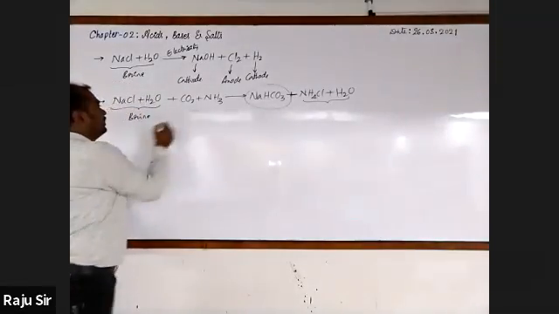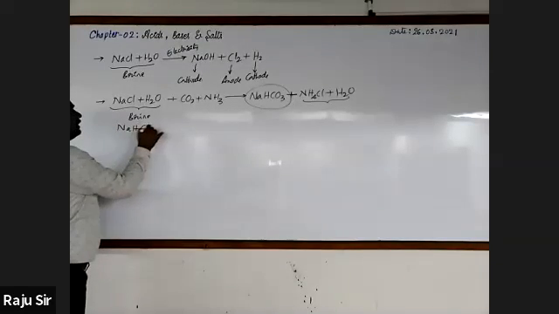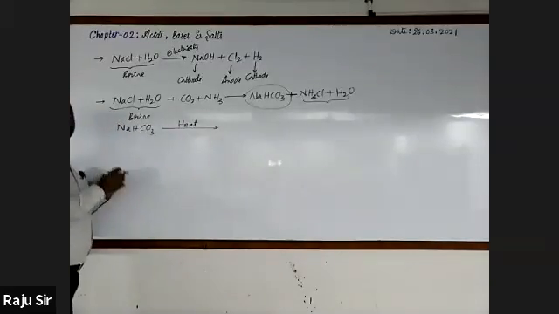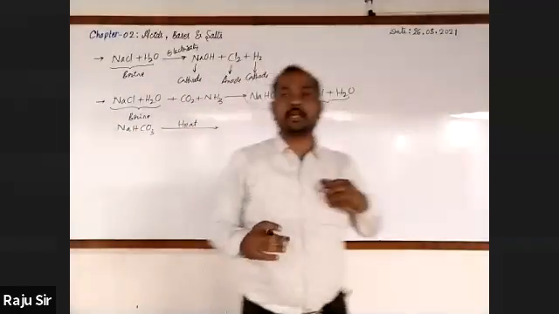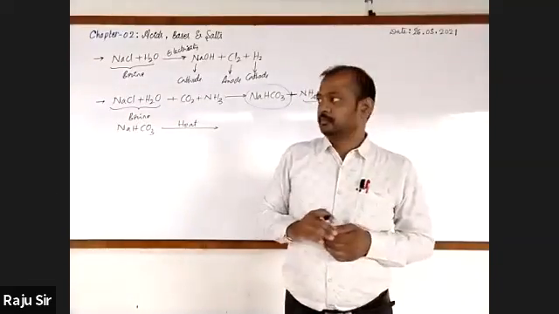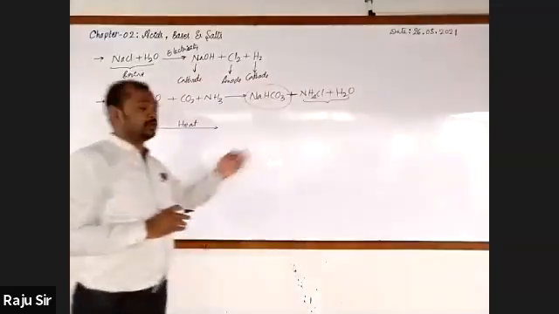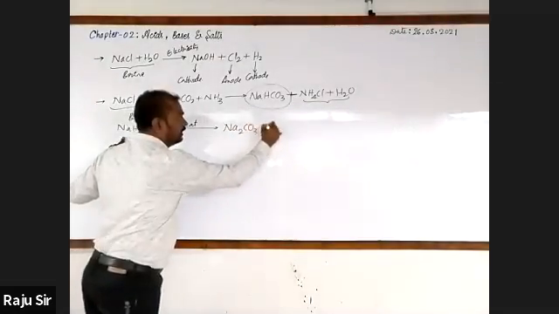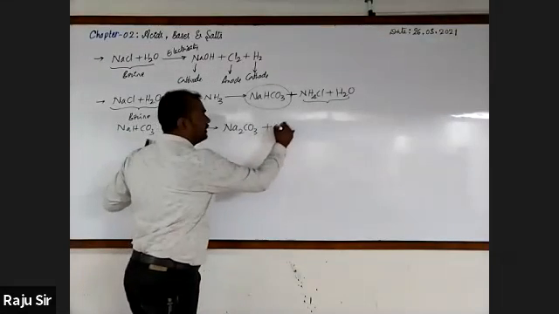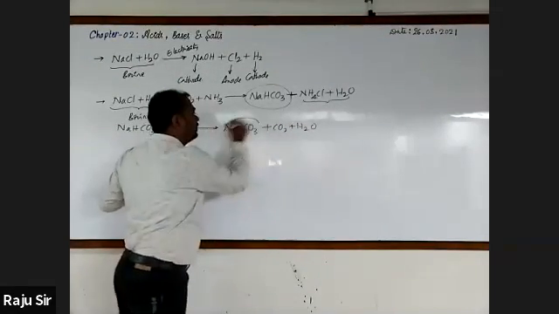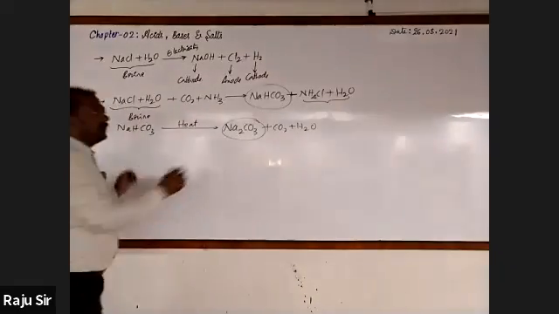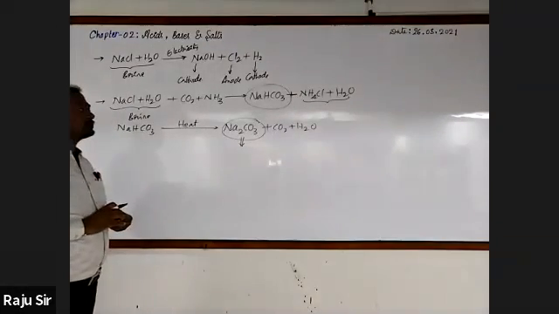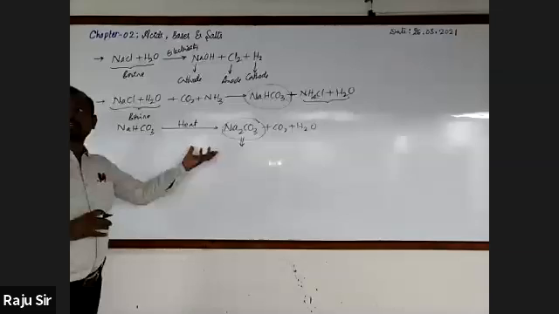After drying, the sodium bicarbonate is heated. What happens when sodium bicarbonate is heated? It undergoes a thermal decomposition reaction to produce the compounds called sodium carbonate Na2CO3 plus carbon dioxide plus water. Here we want sodium carbonate, and it is an anhydrous sodium carbonate, which means it has no water.